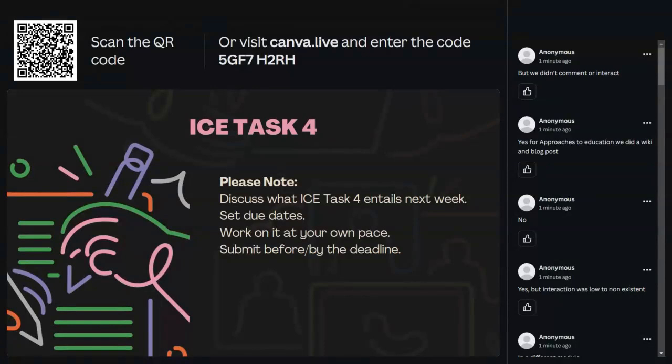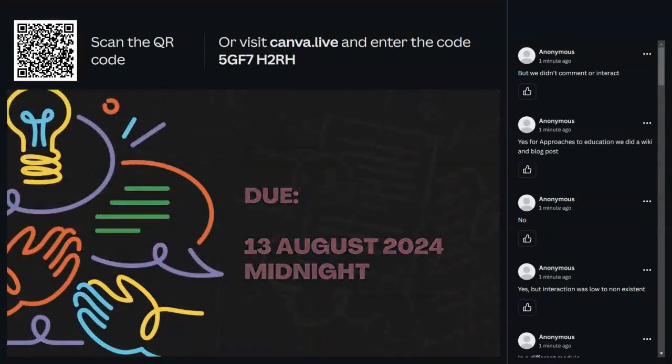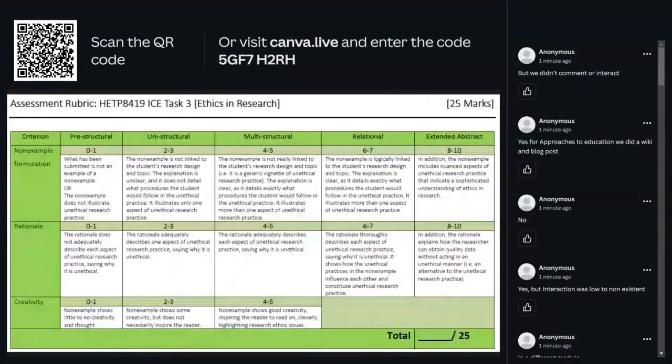Hi there. I have two questions. With ICE task 3, what it is and what it is not, altogether should amount to 250 words? Yes. And then the second and third point, which is the rationale, that's unethical and ethical basically. Yes. I saw on our timetable that we will have an ethical meeting. So we just need to ensure that when we get to that point of our research, it is ethical. Yes, your own research, yes.